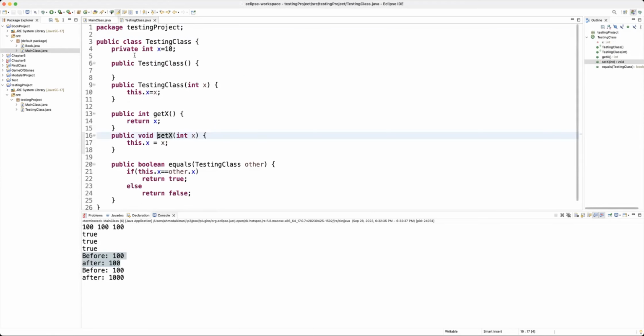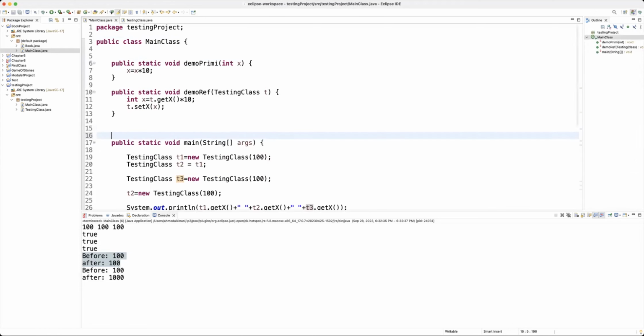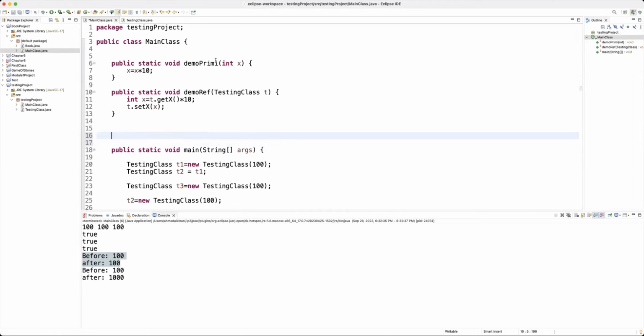I want you to imagine you are working on a class, and in this class, let's take this one as an example, demo for primitives and demo for references. But before I get to that point, imagine the following. You want to create a program for someone, and this program is supposed to add numbers. That's the whole job of that program, just to add numbers. Now, what are you going to do? You're going to create a method to add integers, another method to add strings, another method to add doubles. And